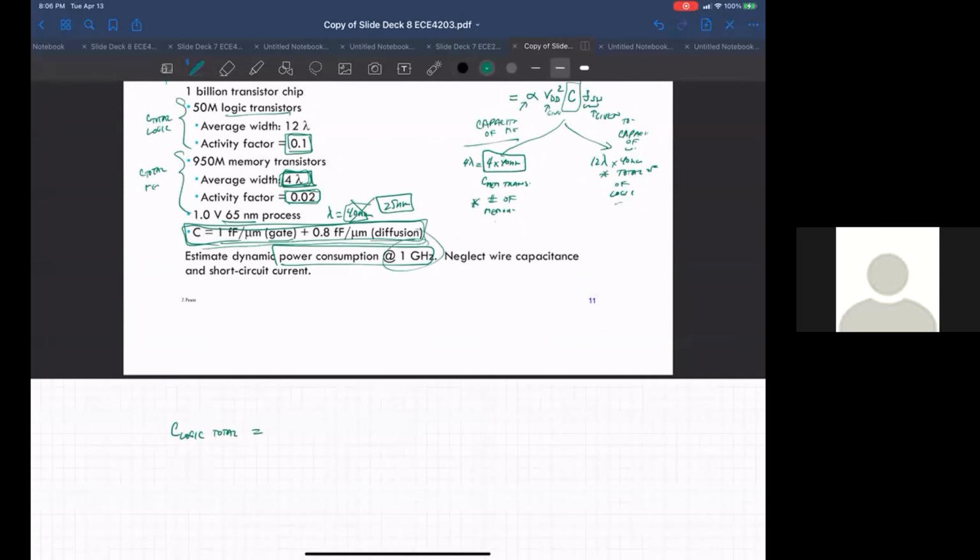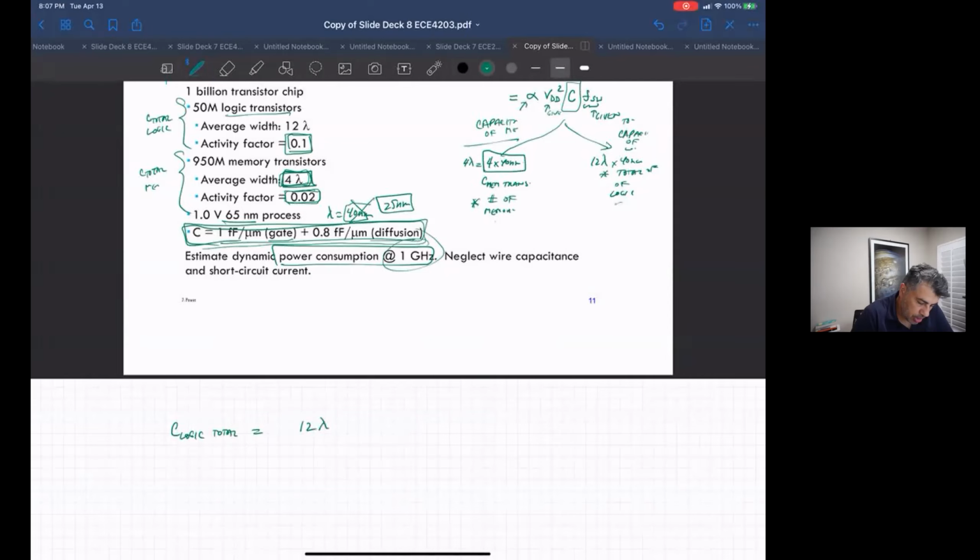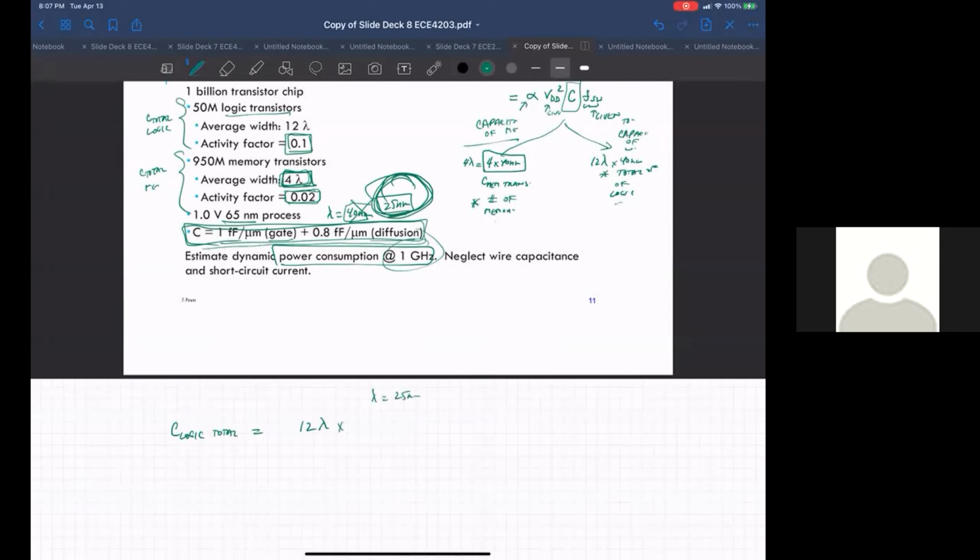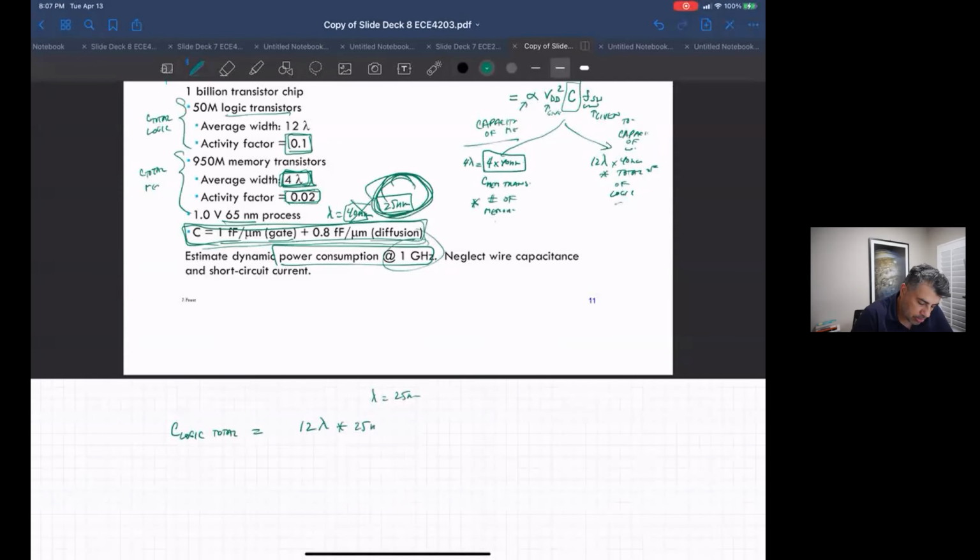For C logic total, it's 12 times 40 nanometer times 50 million, right? I set you guys wrong to begin with. We should use 25 nanometers for lambda. Oh yeah, sorry, right. So times 25 nanometers per lambda